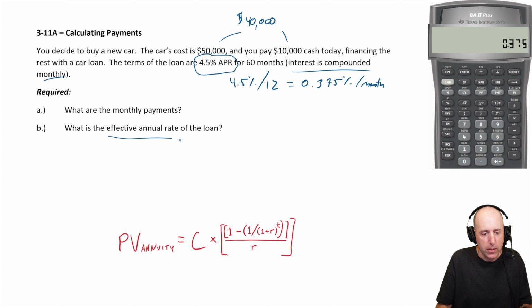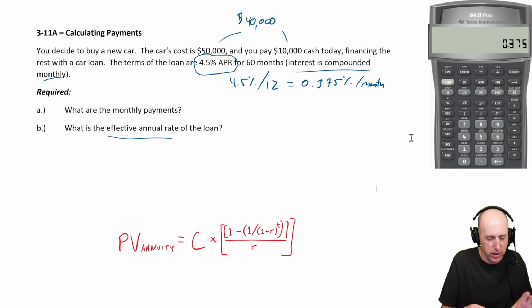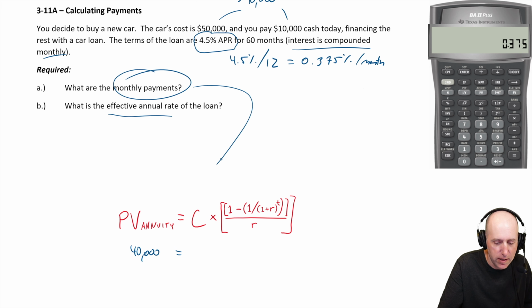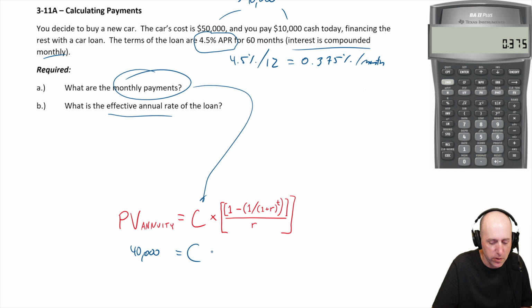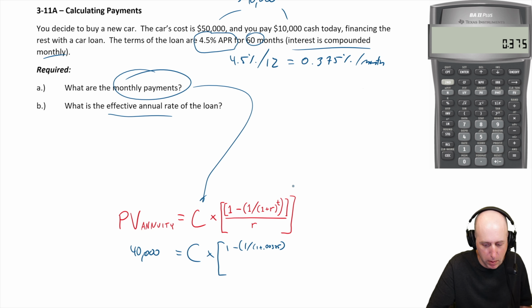Now, we'll use the present value of an annuity formula. I'll also use the financial calculator in a few minutes, but let's do it with the formula. I think the formula is a good way to do it. So we know the present value of this loan. We borrowed $40,000 today. What we don't know is our monthly payment, and this C is your cash payment. So we're solving for C, but we have everything else. Times 1 minus 1 over 1 plus our monthly rate of interest, 0.375%, which translates to 0.00375 as a decimal, raised to the power of t, which is the number of months, 60 months,